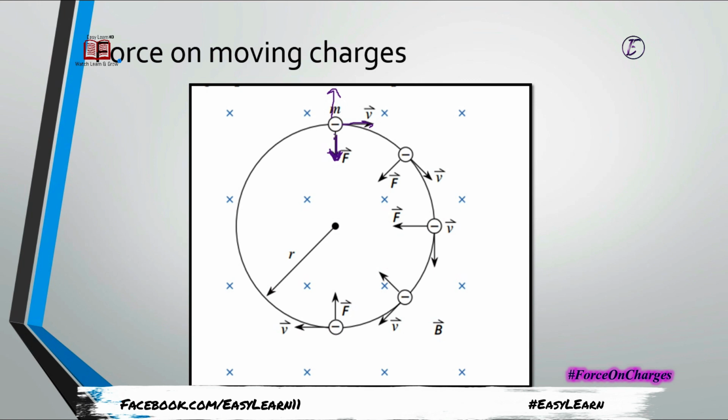Because the force is downward and the velocity is pointing out this side, the particle will try to change a little bit and adopt this circular path. If we consider a couple of other examples like this one, but time is short, you can consider these by yourself. And I just want to show you here, this is the radius, and this only happens when